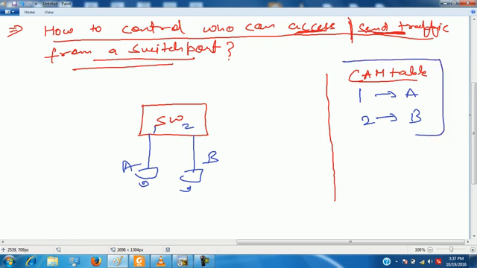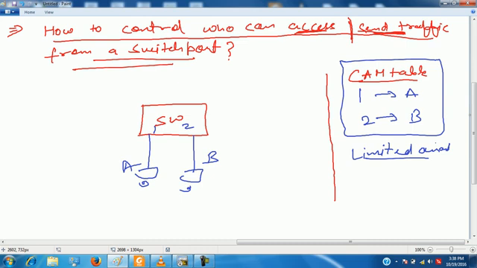In this CAM table, I can have limited amount of entries. Agree? All of you are clear with this point? How many entries we can have in CAM table?